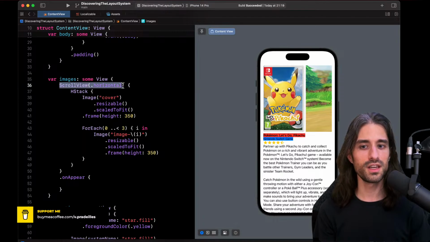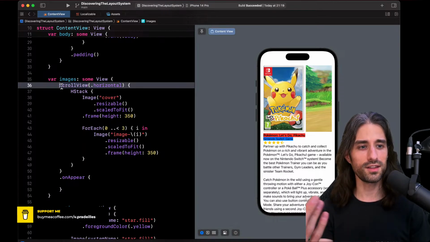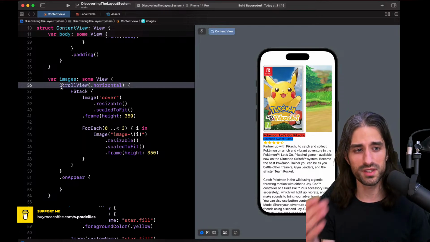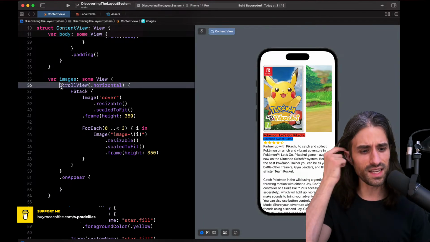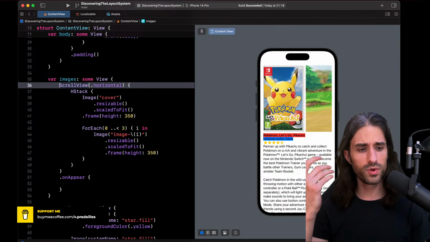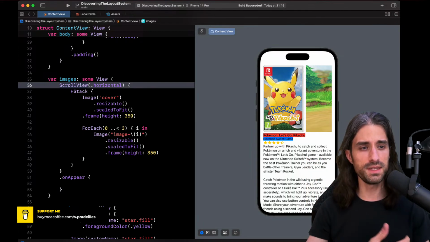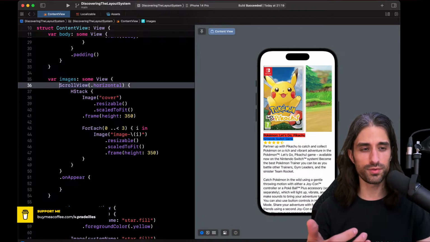So this is not the actual scroll view instance on the screen, it's a description of the scroll view that you want. And so this is not how you would interact with a scroll view in SwiftUI. You wouldn't be storing it inside a local variable. Instead, you're going to do something that feels a bit weird when you come from the imperative world, like iOS used to mostly be before SwiftUI.